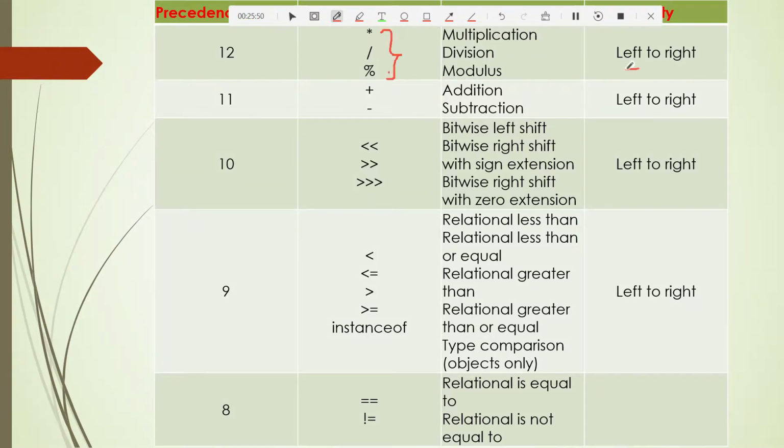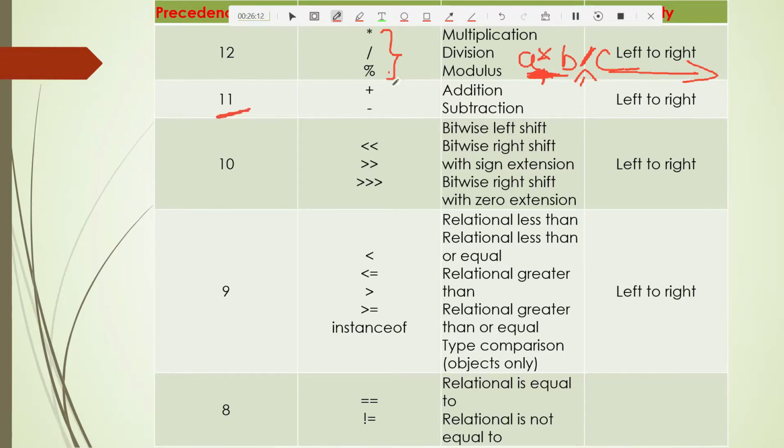So it is left to right. That means if star and division come in the expression, first you have to execute star, then division. See, if a star b divided by c is there, first a star b. If brackets are there, they come first because they have higher precedence. That's why they sit at 15. So that is left to right.